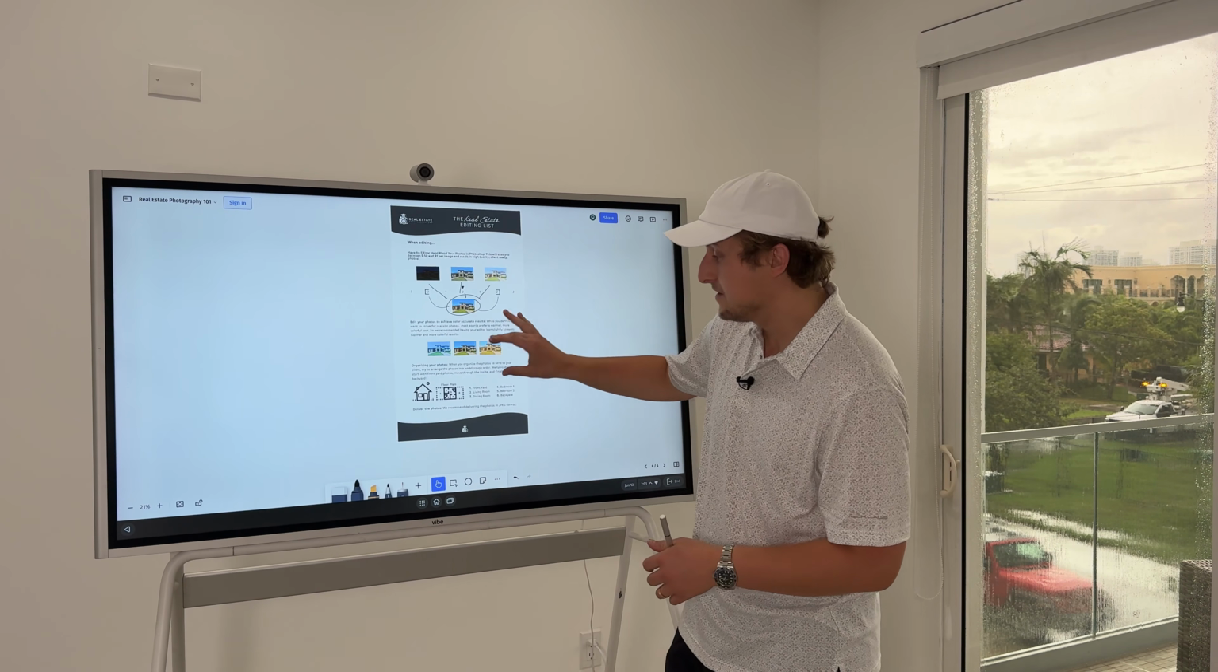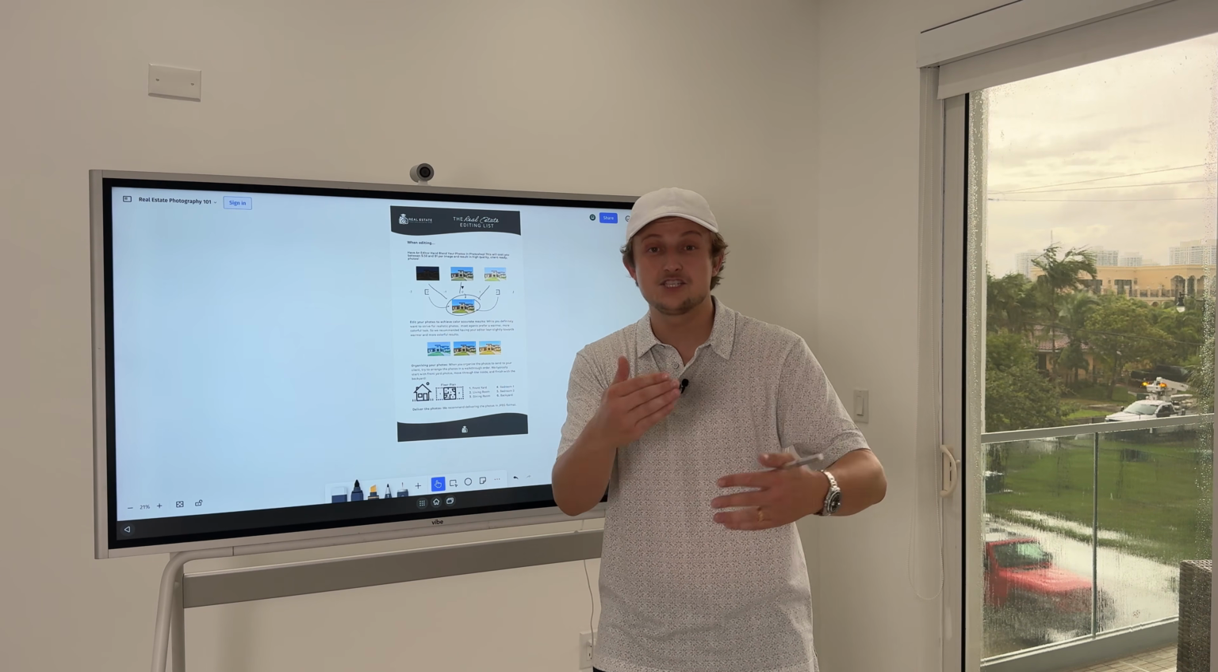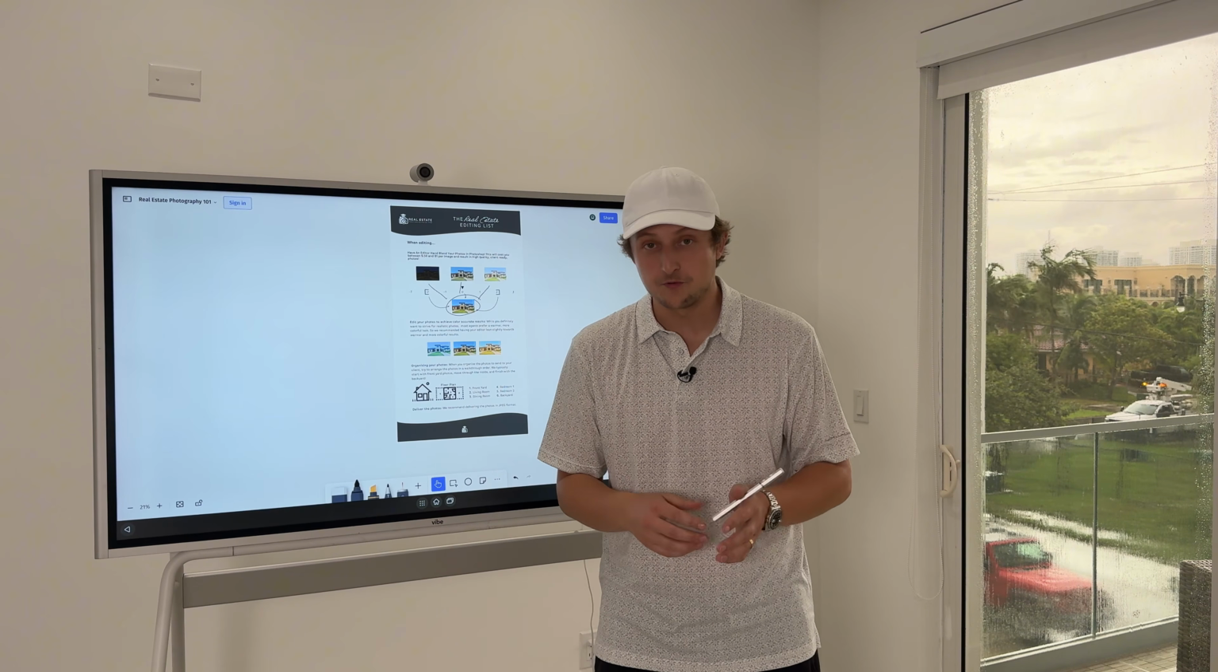So that's an overview of real estate photography in general, the very basics of it. What I want you to do is take a second to absorb those cheat sheets, go through them, and then